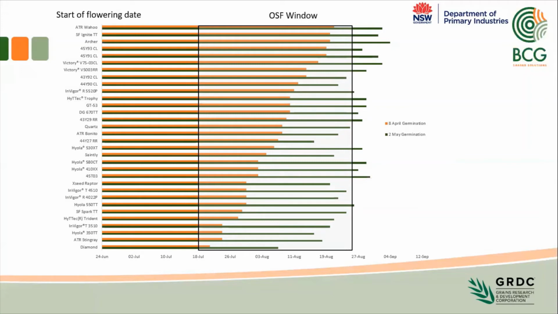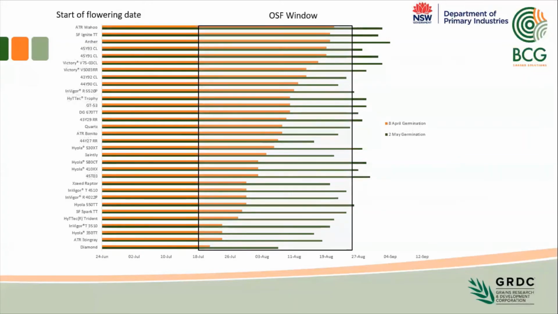Here in the orange, we've got our early germination, which came from early sowing. You can see that all of the varieties across all the phenology groups fell within that optimal start of flowering